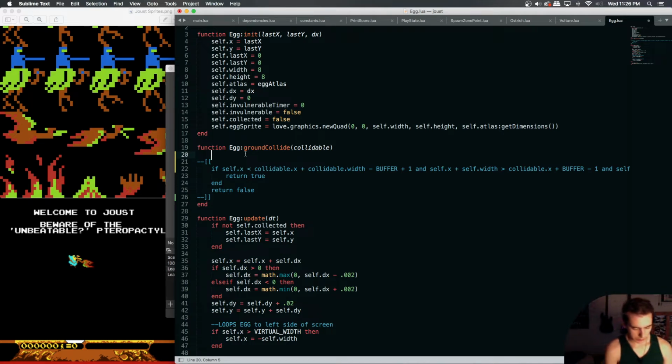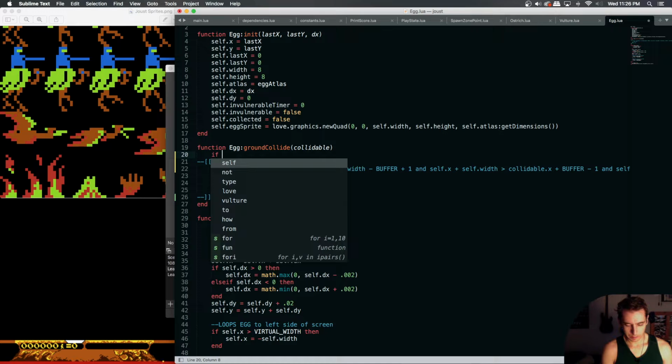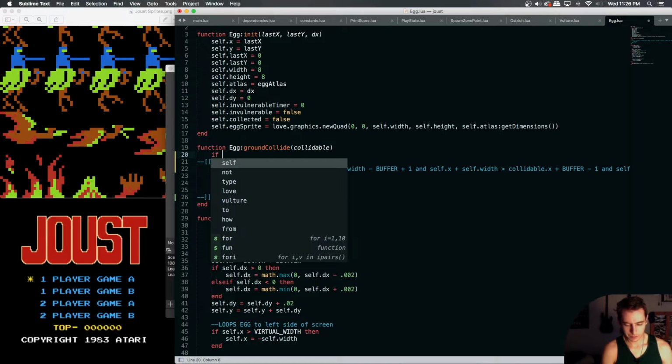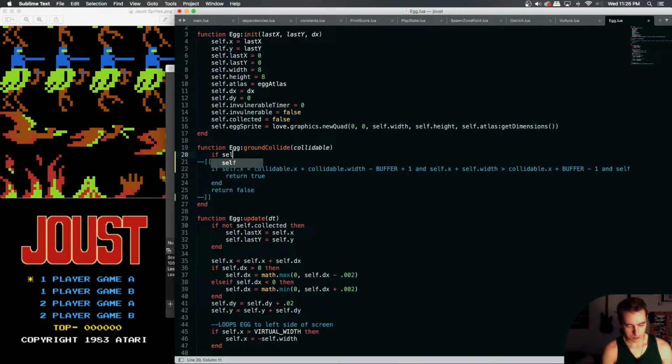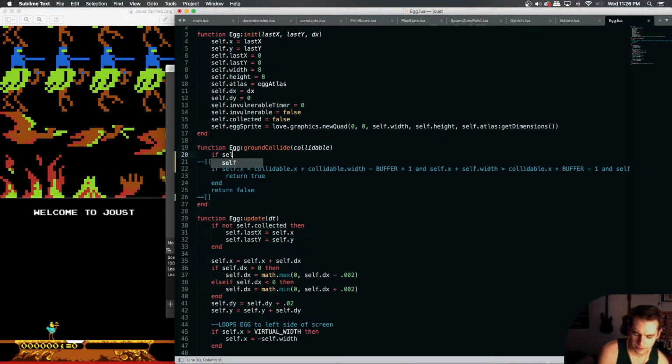So we're going to say if the top of our bounding box, which in this case would be our self. Oh, yeah, I normally do X's first and then Y, just because it helps me think about it, I guess. So we're trying to see if the left side